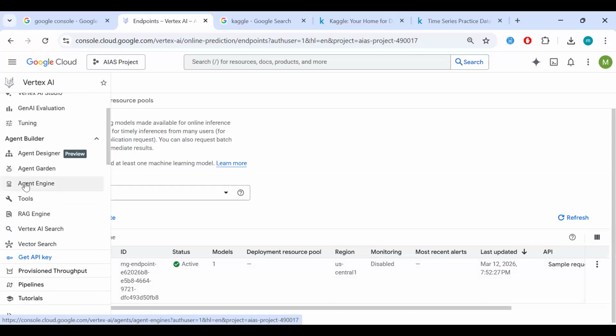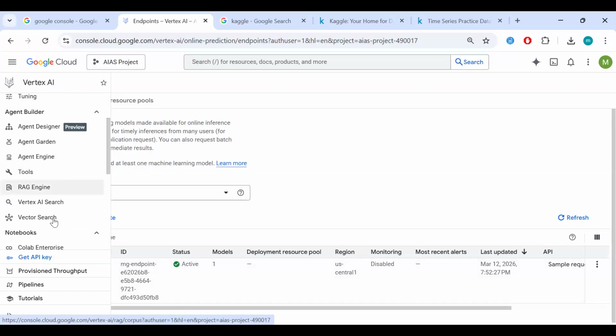This is where AI agent is, where you can specify the engine behind your agent. And then you have tools, and then we have RAG. So we'll look at RAG in a second because that's our next practical. And then you have the Vertex AI search, vector search. But like I said, more on all these other elements later on in the course.